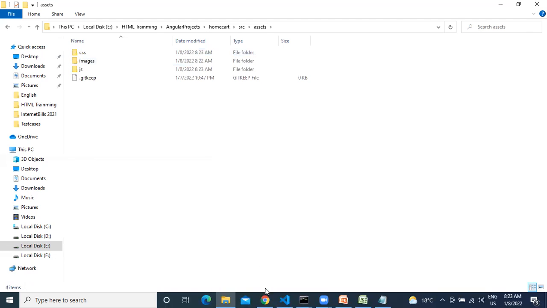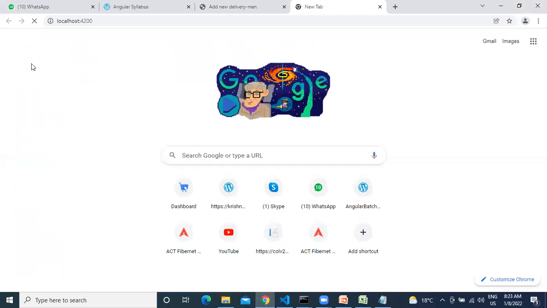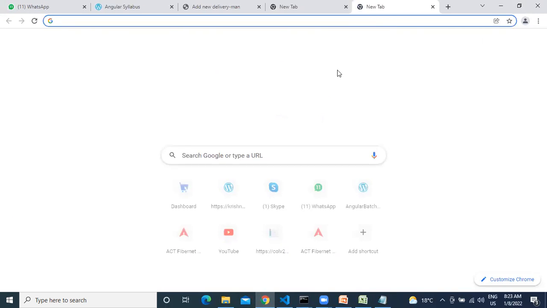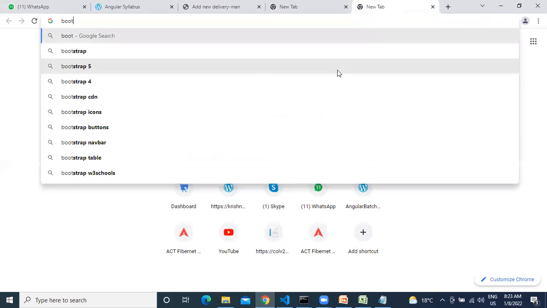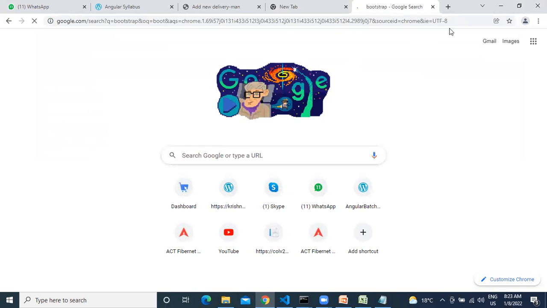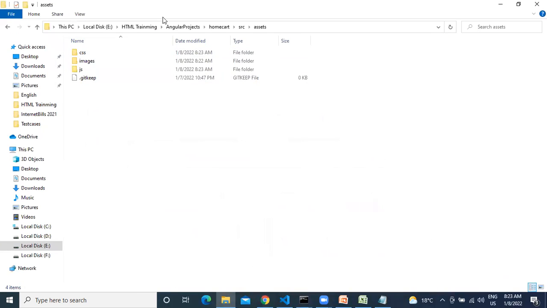Which version of Bootstrap are you preferring, everyone? 4, 4.5 something. Okay, go to the Bootstrap site. We'll see how to give a reference to Bootstrap. Before seeing that, please everyone rejoin. So how to provide a reference of Bootstrap, and we'll create a login. We'll complete it in this session itself. Please rejoin. Everyone, please rejoin.